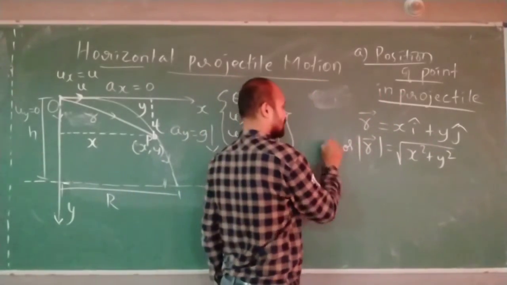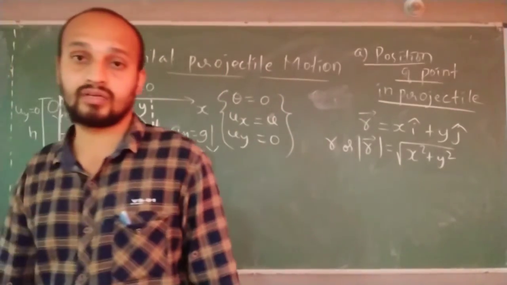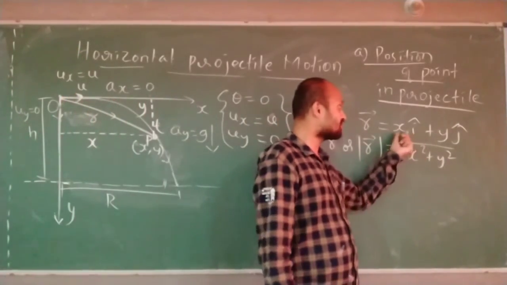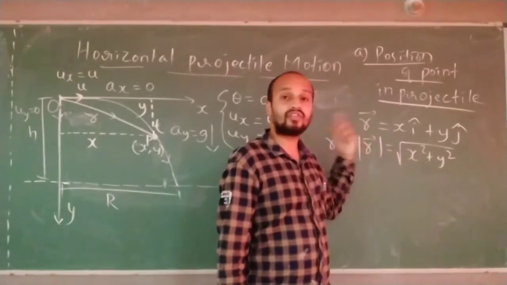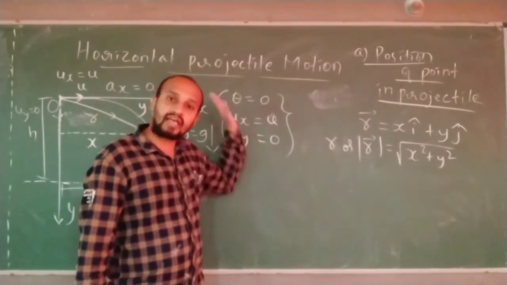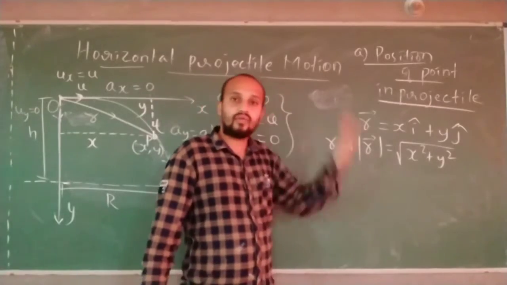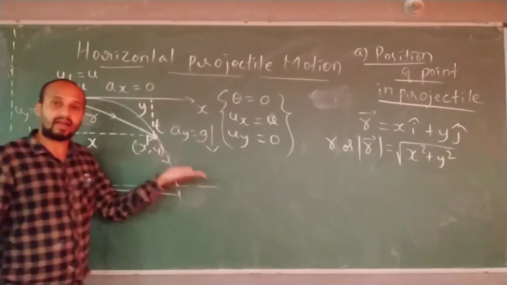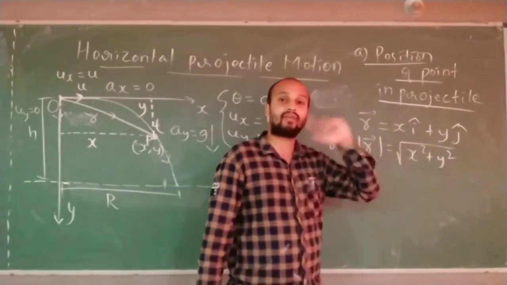This I didn't write first in the oblique projectile motion because it was very difficult for you to understand it. Now you can get a sense: displacement along x and displacement along y will give you the position vector. In terms of vector, now I am writing in projectile motion. There also you can write it in oblique projectile, but at the very start, if I write it, I find you are unable to understand. So I first explained along the x-axis and along the y-axis separately, and wrote the magnitude, the value of x and the value of y.